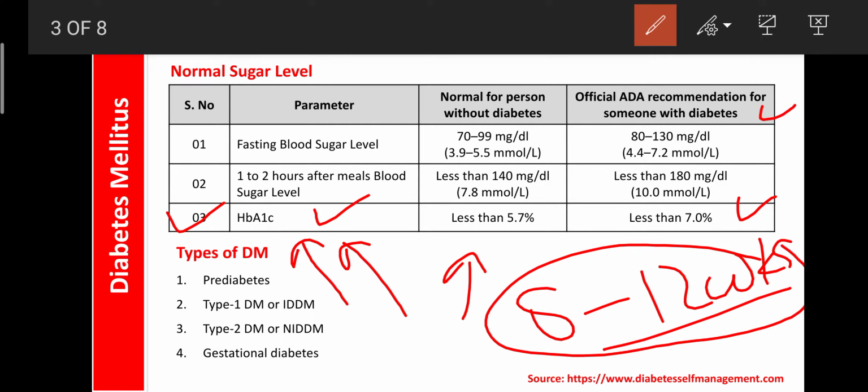If it is more than 7, it indicates that somewhere the organs start to malfunction. So there is a need to concentrate. Otherwise, if it continues improperly, the kidney fails, or that candidate suffers from congestive heart failure due to atherosclerosis, or even coma or brain failure, because these glycosylated hemoglobin are RBCs containing glucose.